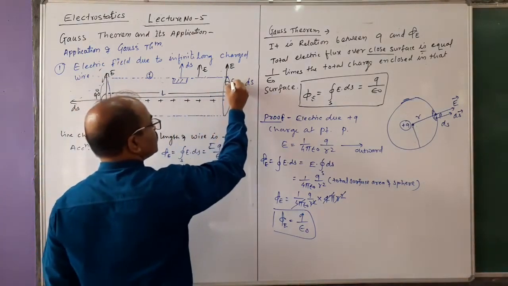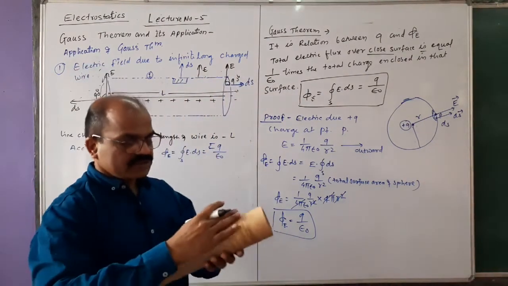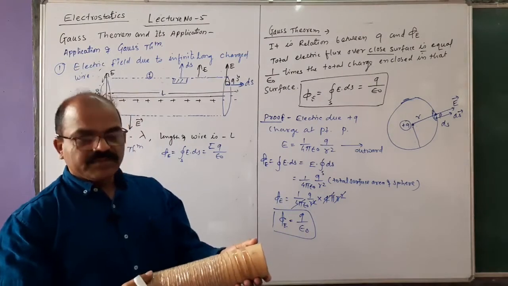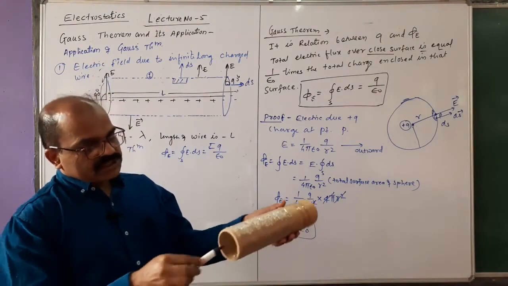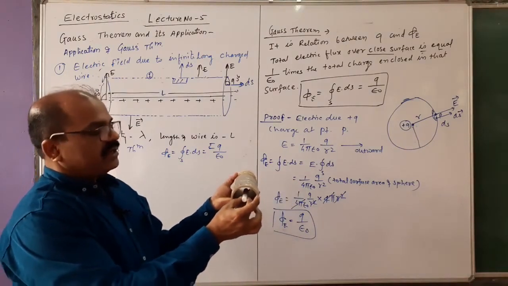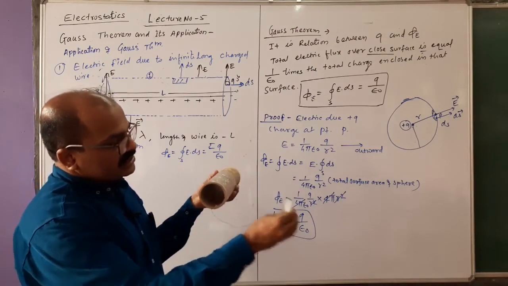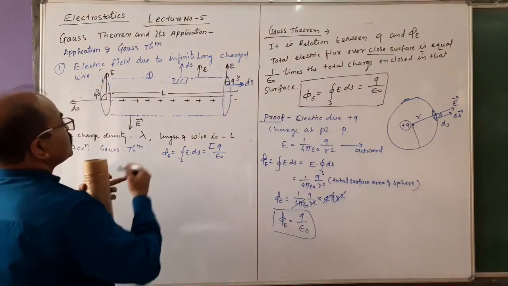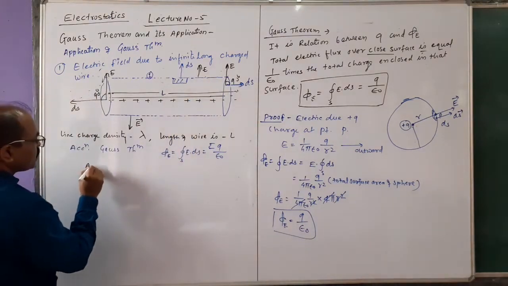यहाँ कितना रहेगा? 90. और यहाँ देखो ये जो कर्व सरफेस है, हर जगह कर्व सरफेस के ऊपर ds एलिमेंट है जो परपेंडिकुलर टू द सरफेस है, और ये जो लाइन चार्ज है वो इनसाइड है. तो यहाँ से सभी जगह इलेक्ट्रिक फील्ड भी कैसे रहेगा? इसी डायरेक्शन में रहेगा.